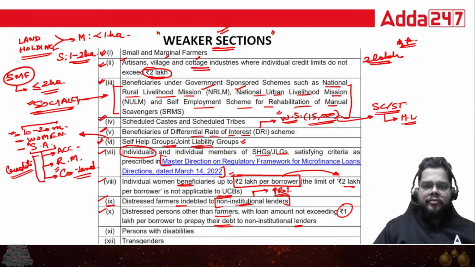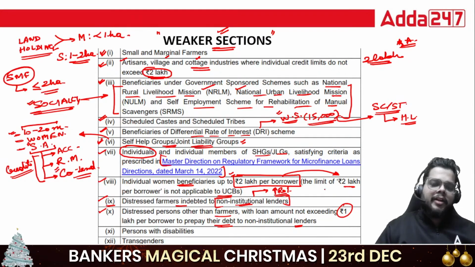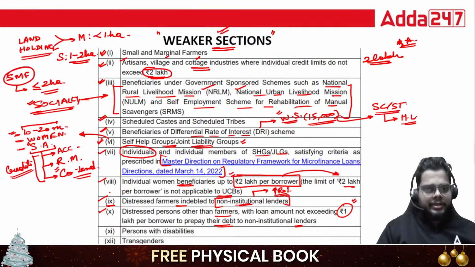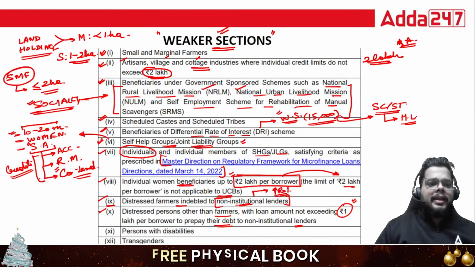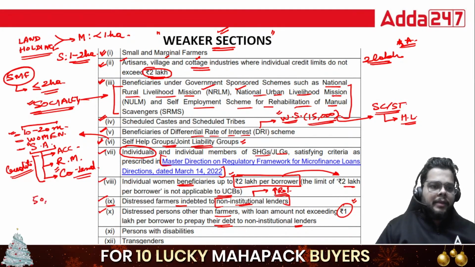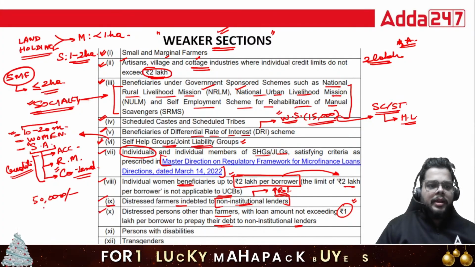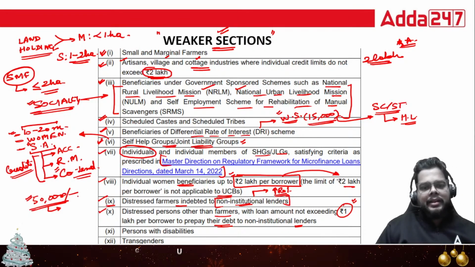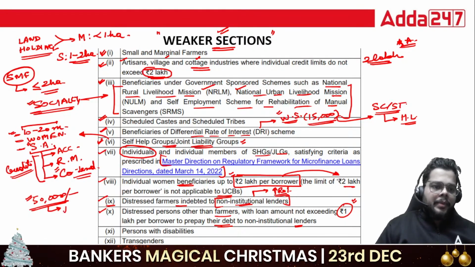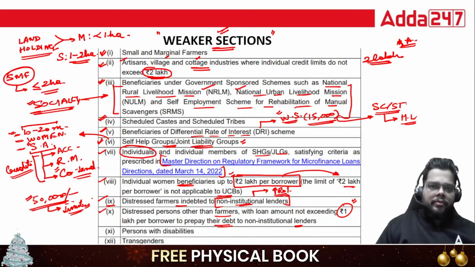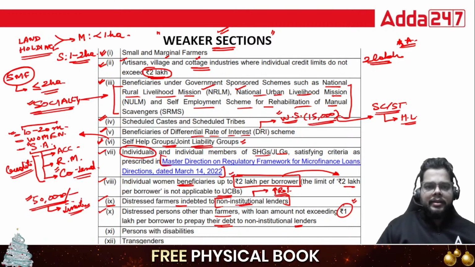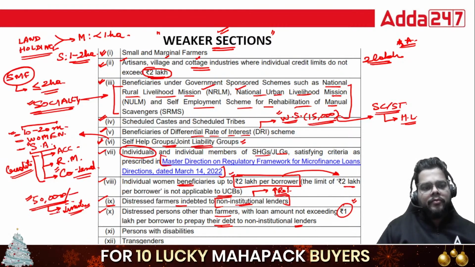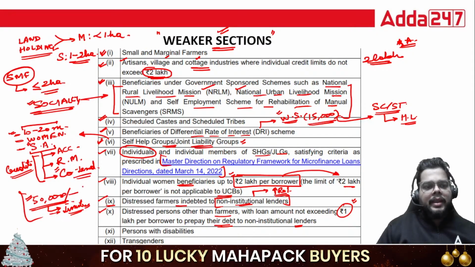indebtedness. So if there is a distressed person other than a farmer, and they have a particular loan of, let's suppose, 50,000, which is obviously less than 1 lakh, then they can do what? They can repay this rupees 50,000 to the money lender from where they have received the money, and after paying the loan they will be given a particular limit which they can easily repay in the institutional credit. The institutional credit will be provided in the form of a particular limit via which they can repay the